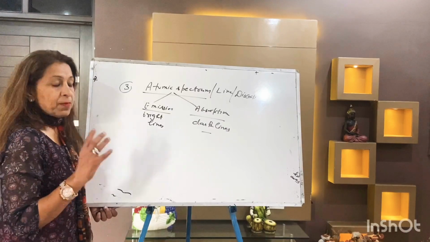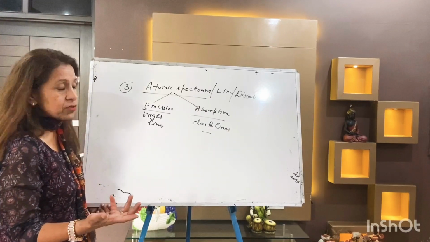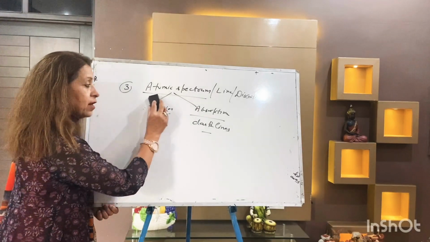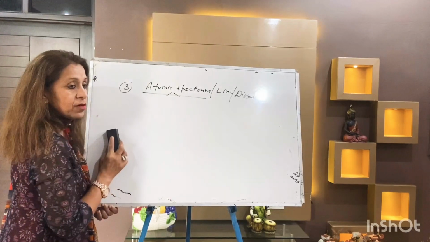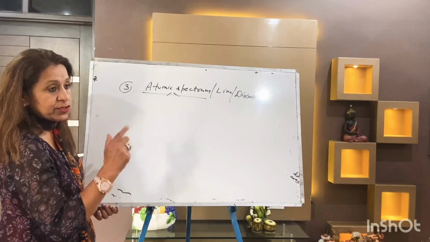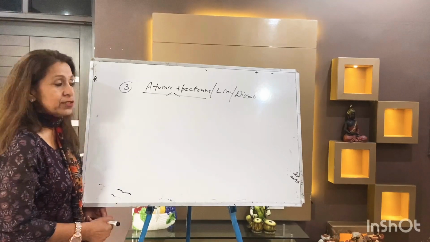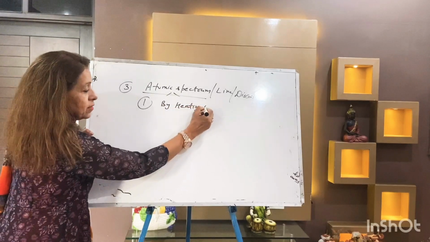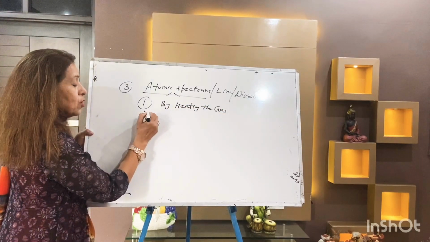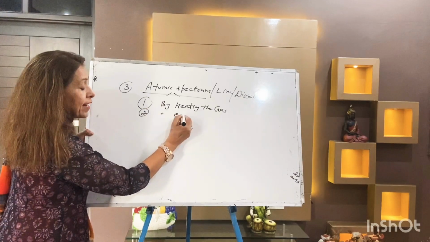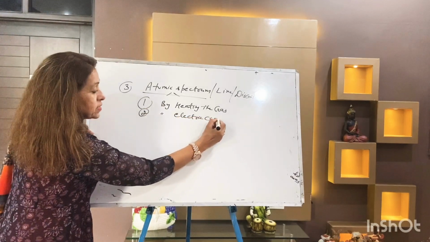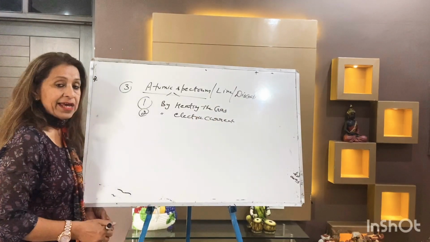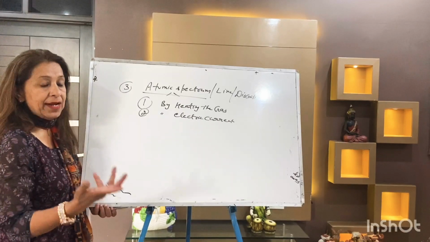Now students, before taking emission or absorption spectrum, it is must to excite the atom. The only one condition. Before taking, write down, before taking the atomic spectrum, it is must to excite the atom. Now question is how to excite the atom. Answer is by heating the source, that is by heating the gas, by heating the compound, or by passing electric current. That means our purpose is to excite the atom. Either we will heat the gas or we pass electric current.